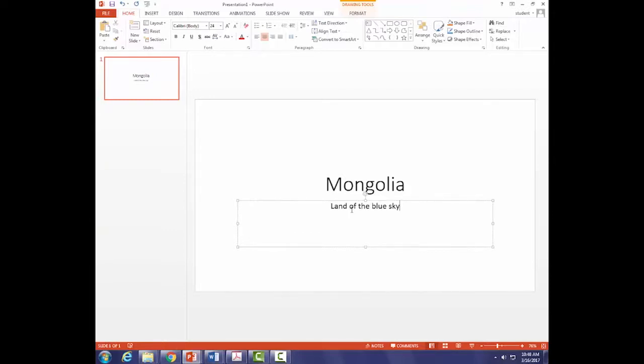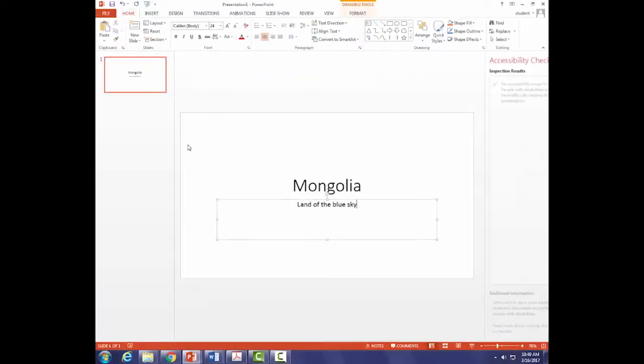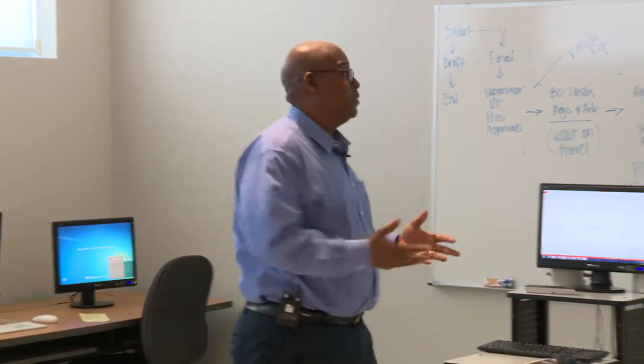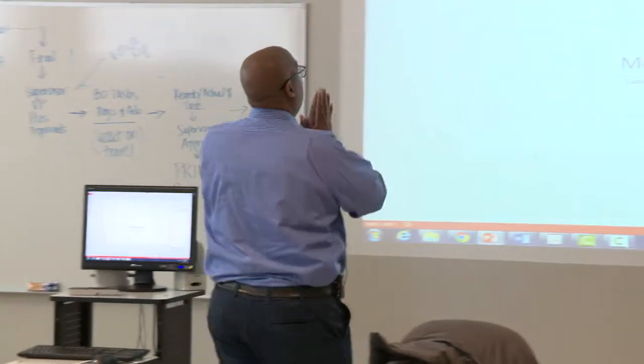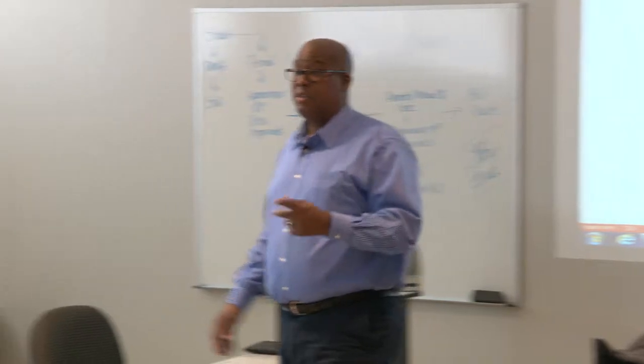And now just for illustration, let's run our accessibility checker right here. Let's just go to File, and we'll check for issues, and we'll check accessibility. And we should get the green check mark, right? Because, again, what I did was I just used those built-in slide layouts. I didn't do anything extra. I gave that title slide a unique title because it was a title. So if I use those built-in features of PowerPoint, just like I did with Word, side effect, that is accessibility.